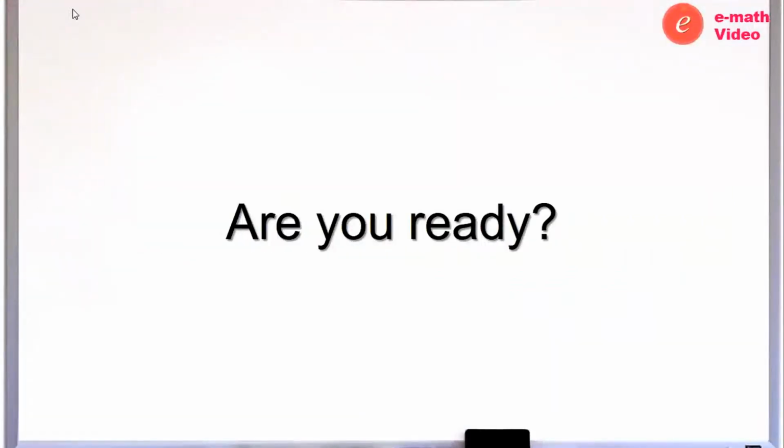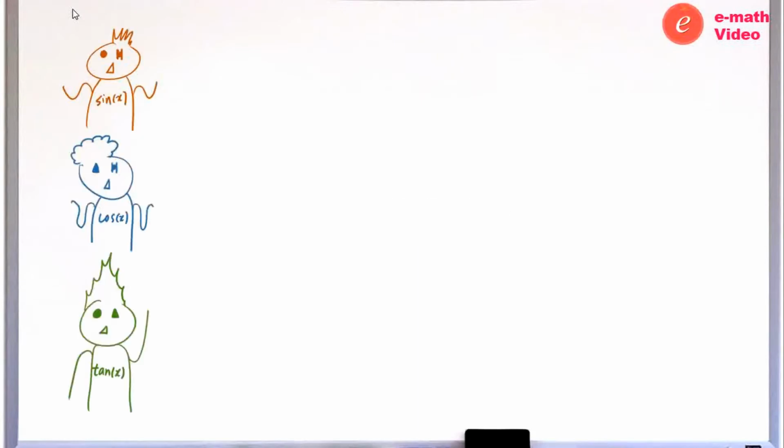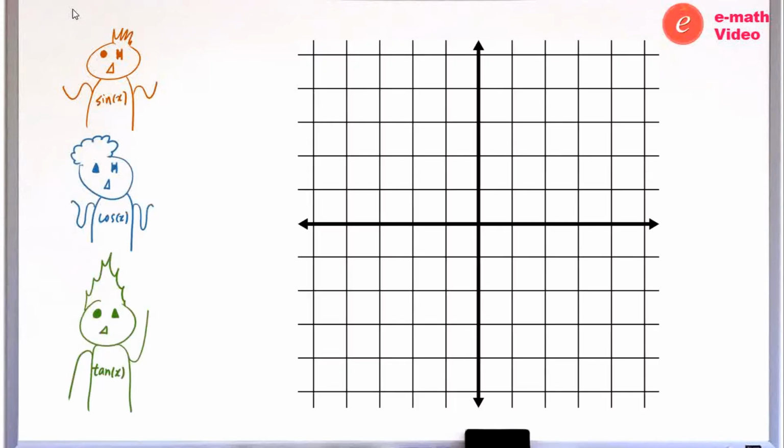Are you ready? Start! Today, Asine, Acos, and Atan will play on the Cartesian plane. To make sure that they don't get lost on the Cartesian plane, they paint the origin with rainbow color. Suddenly, the rainbow shot out a laser beam, and the beam hit a bird. The bird falls down to x-axis. Asine, Acos, and Atan are very happy because